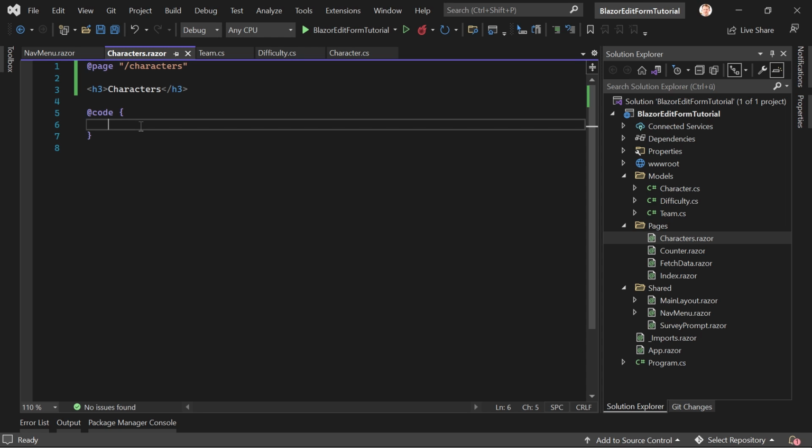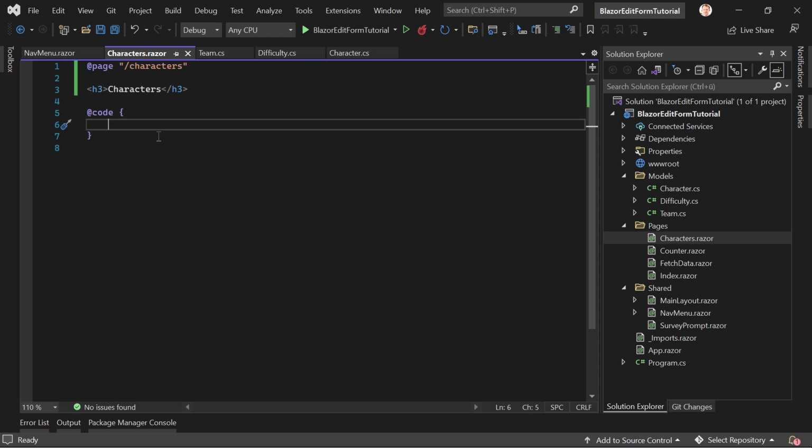again a short disclaimer here. Usually it is better practice to use a service, for instance, where you would put your data. I mean, in production, you would probably use a database with a web service and Entity Framework Core with the SQL Server, for instance, or SQLite, and so on. Again, I got a bunch of videos about that stuff, but now for this edit form here, I will do